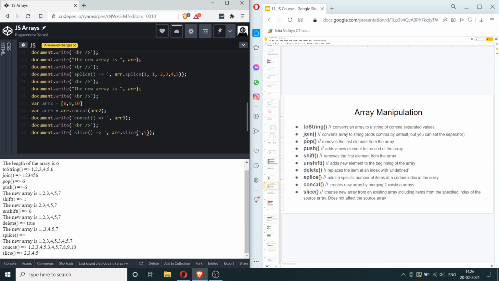You don't have to memorize all of these methods. I just wanted to showcase what these do. Whenever you want to use any of these methods, you can just Google for it on W3Schools and you can find the methods and the syntax and everything. I'll show you quickly how to do that.